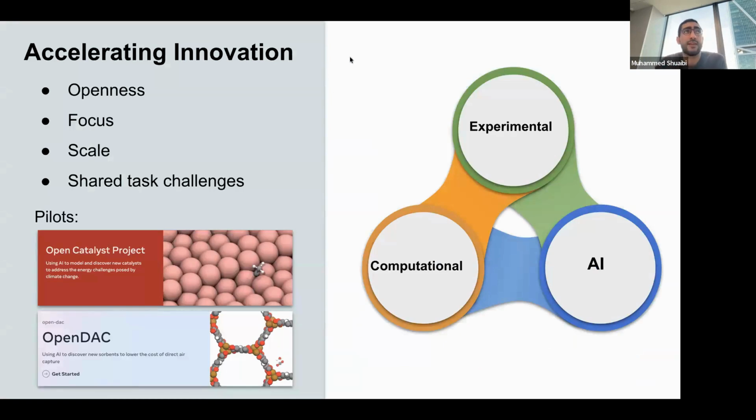So when we think about accelerating innovation and how we actually use AI to push chemistry and materials forward, we think about it on four axes. One is you have these computational tools. You have the traditional computational resources that we are building AI models to replace. And now, once you have AI models, we want to see this in action. You want to take this AI model and compare it to experimental results. Can you actually make this discovery loop happen?